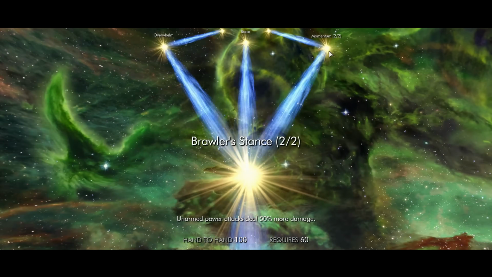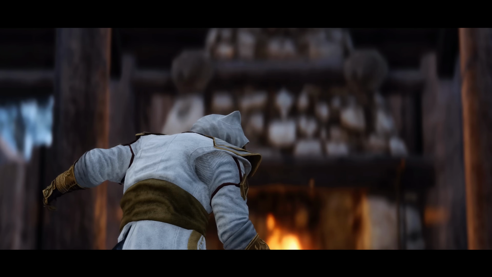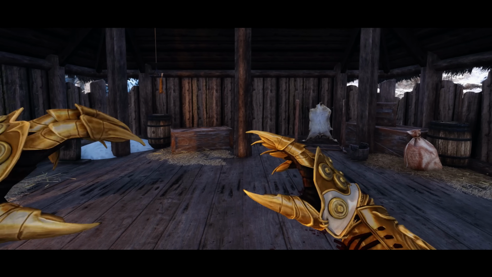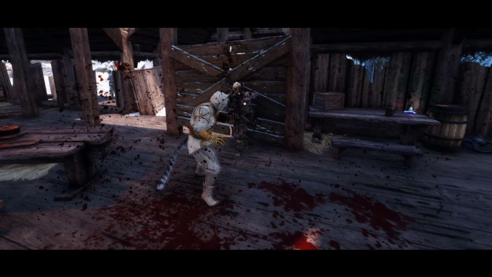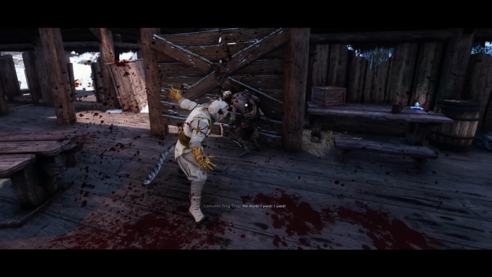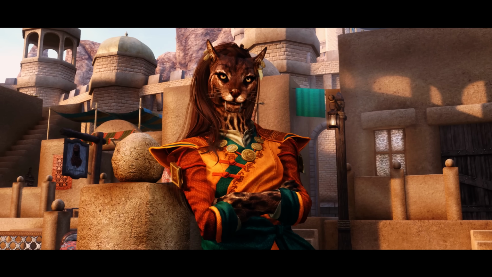This is a dedicated unarmed combat perk tree that, when taken advantage of, can turn the player character into a literal machine. 2 levels of momentum perk, coupled with max level knockout perk, can swiftly overwhelm your enemies with rapid and relentless attacks. Now, all of these gameplay elements are not nearly as satisfying when they are not accompanied with